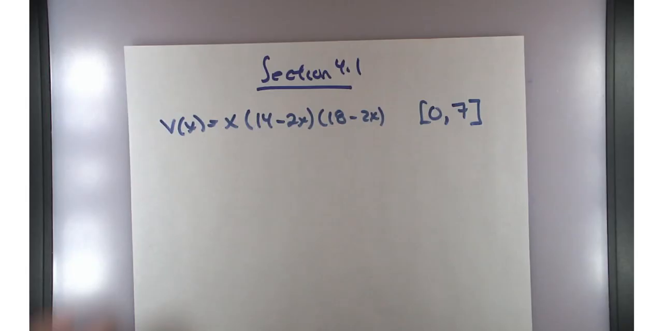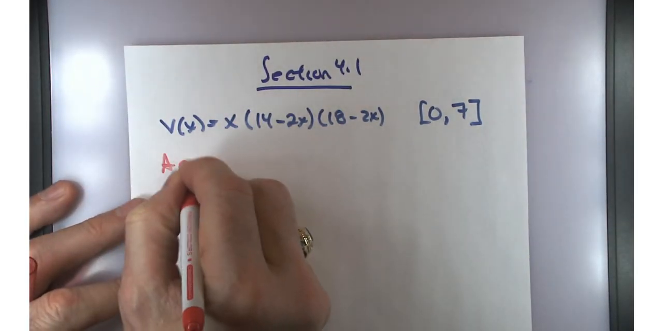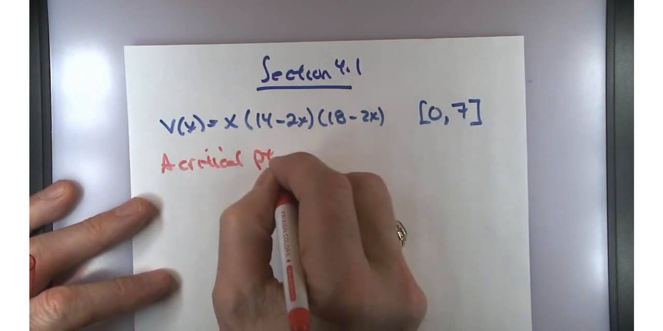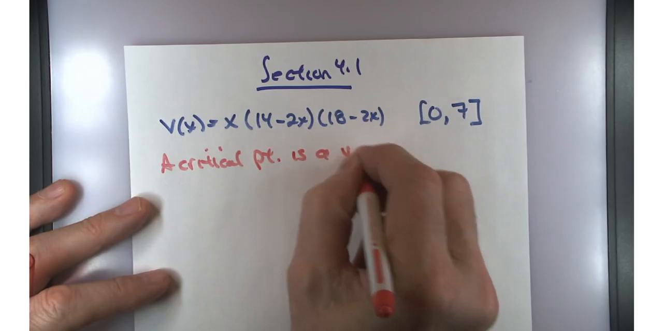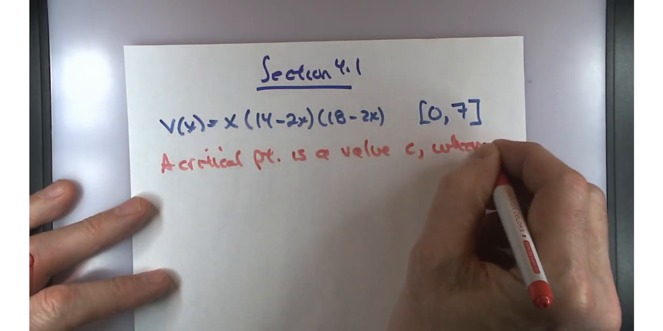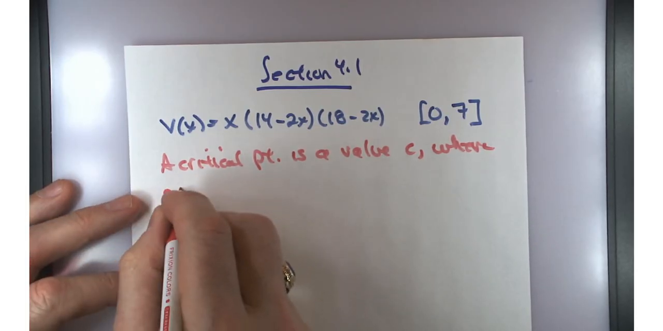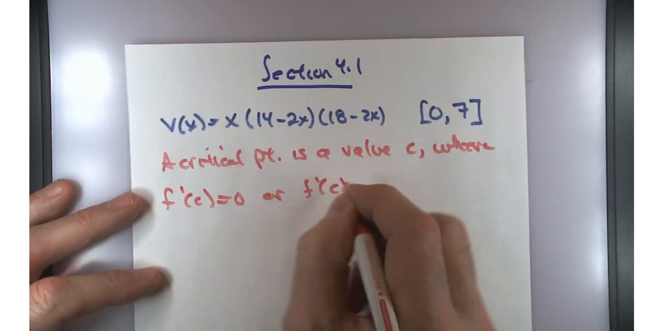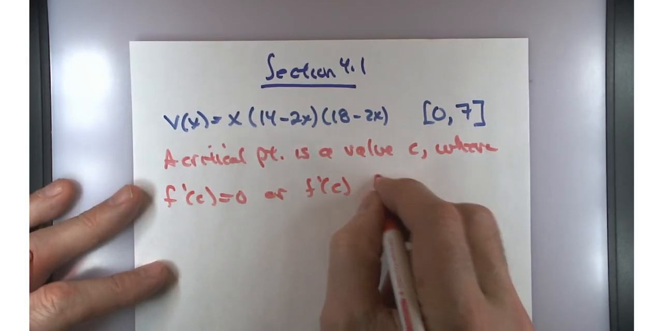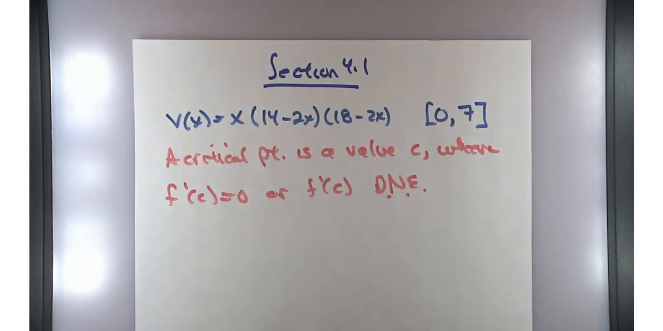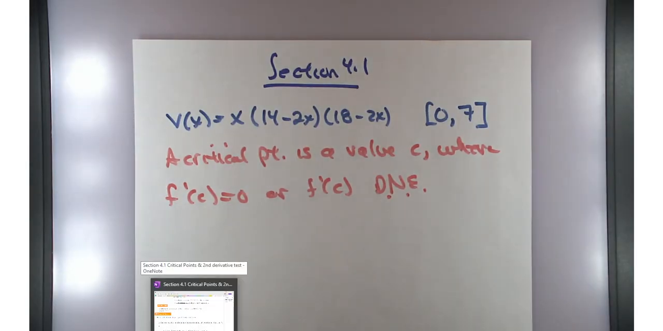So a critical point is a value C where f prime of C equals 0 or f prime of C does not exist. One of those two. So we'll start out today looking for critical points, and then we're going to move on